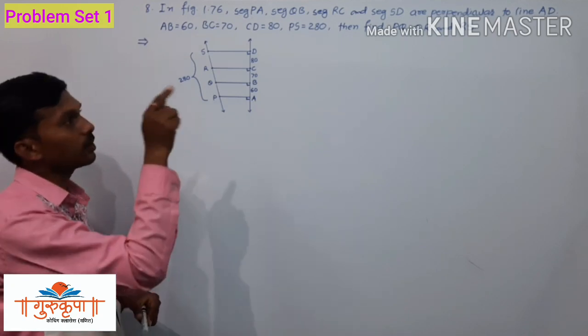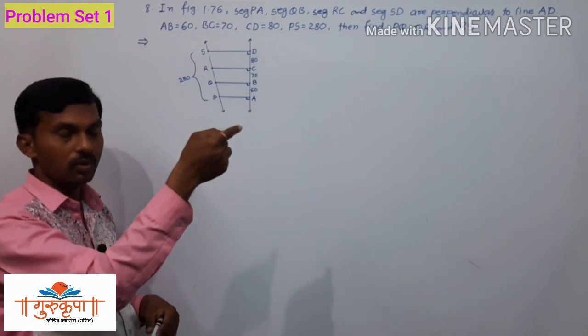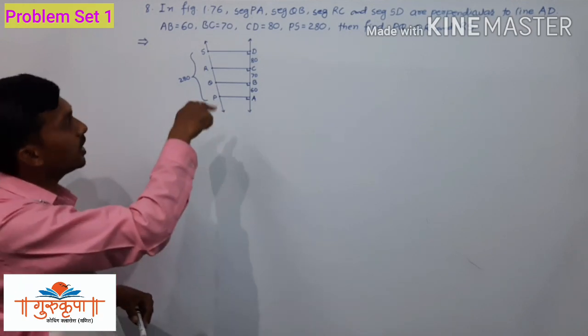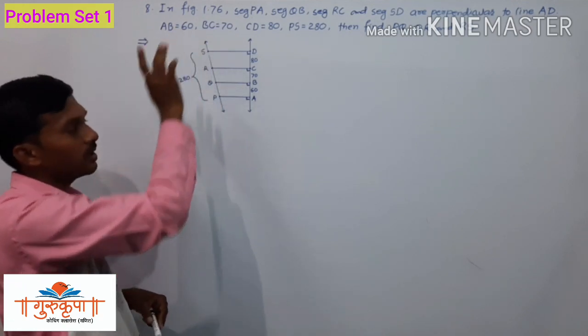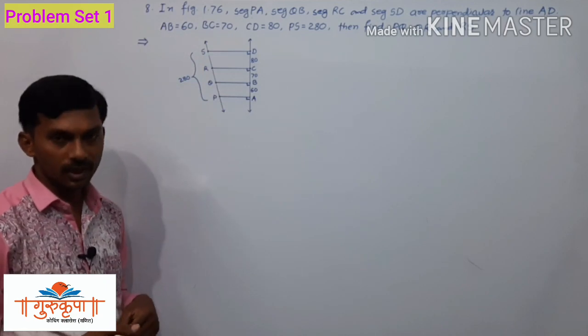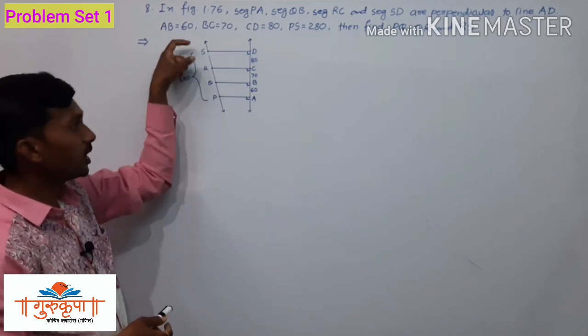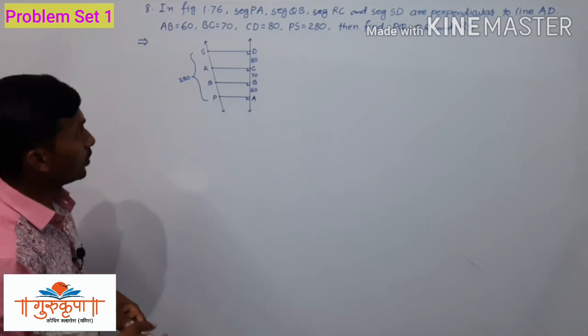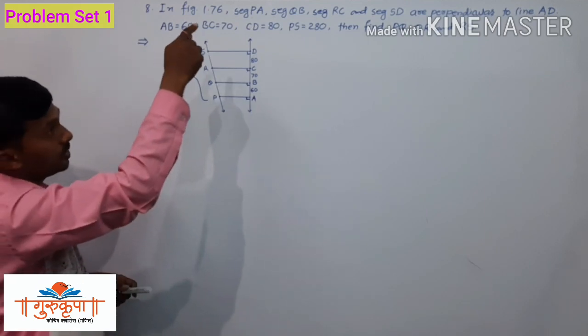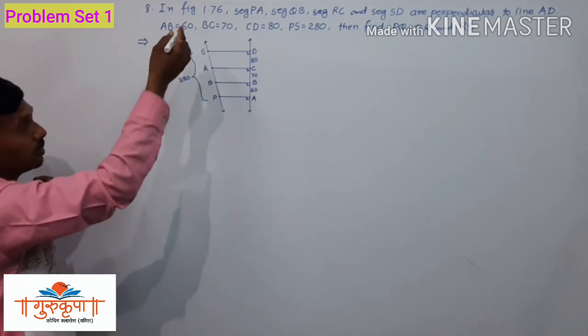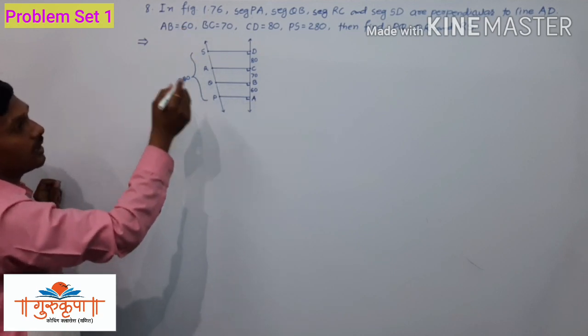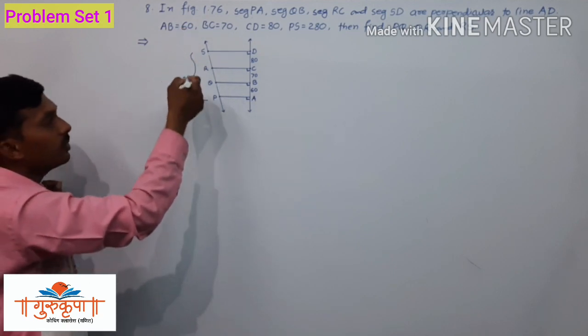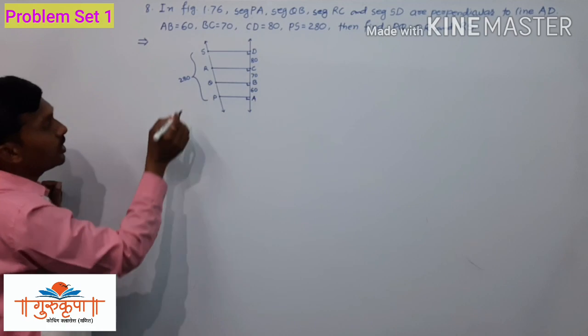And then using the property of the theorem of the equal ratios, we can easily get PQ, QR and RS. So here first of all we will write the information which we have available here. We will write the measurements first.